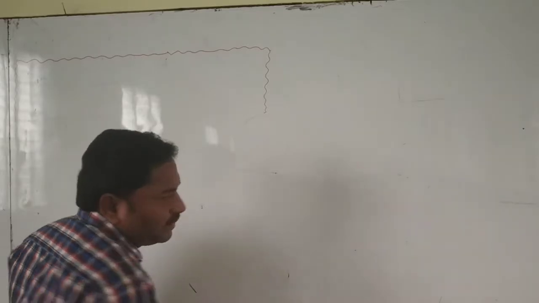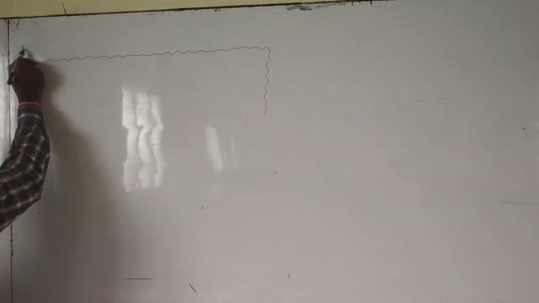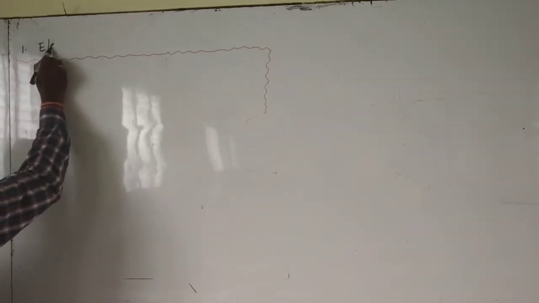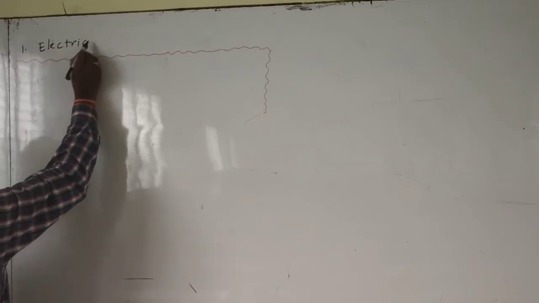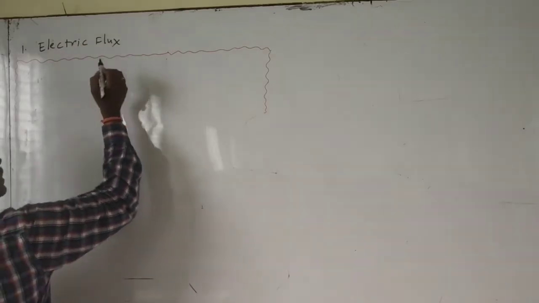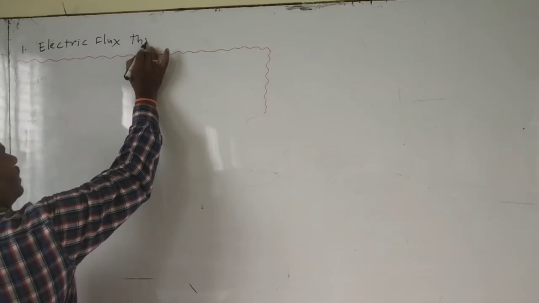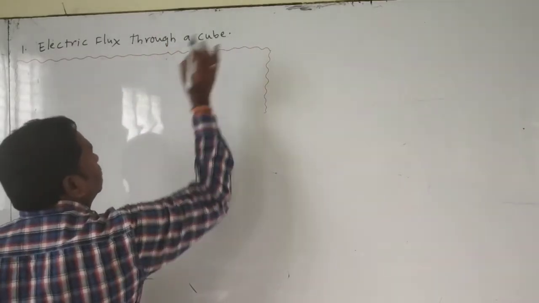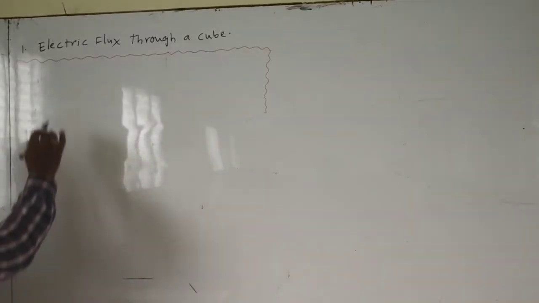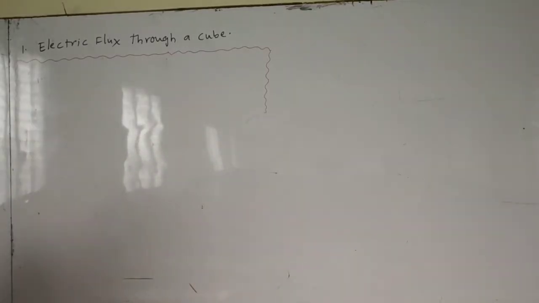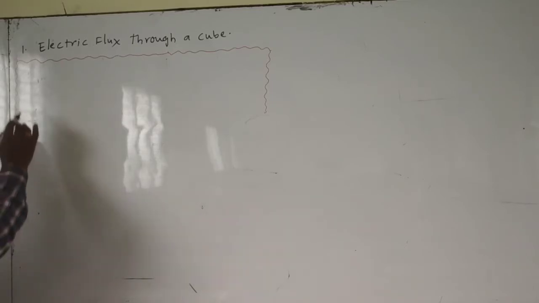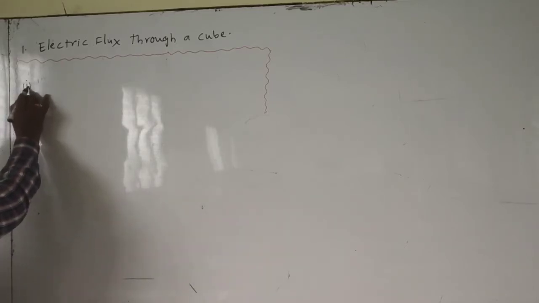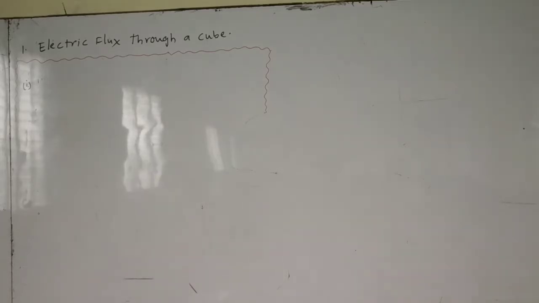Applications of Gauss law. First application, electric flux through a tube. First thing, this is the first: electric flux through a tube. In this first case, case 1,